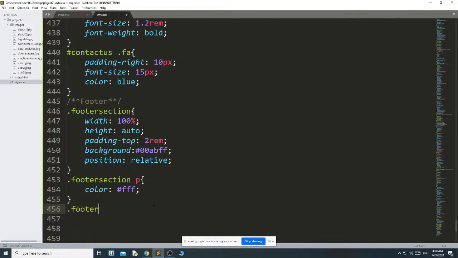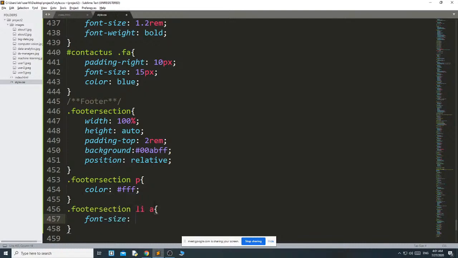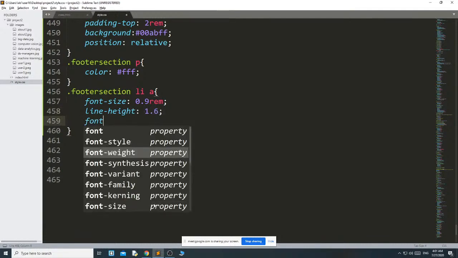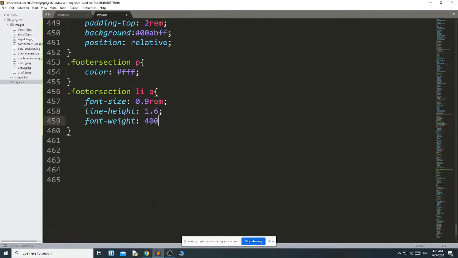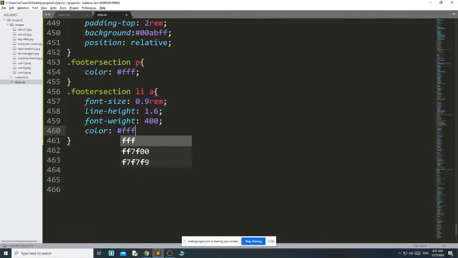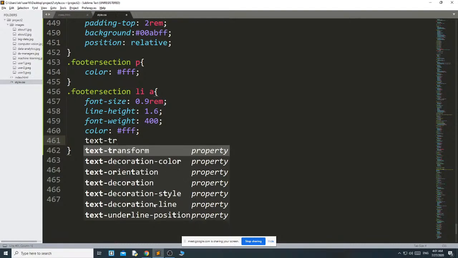Then .footer-section li a, here font size 0.9rem, then line height 1.6, font weight light, then color white, then text transform capitalize.